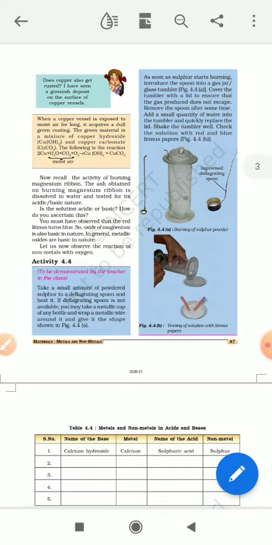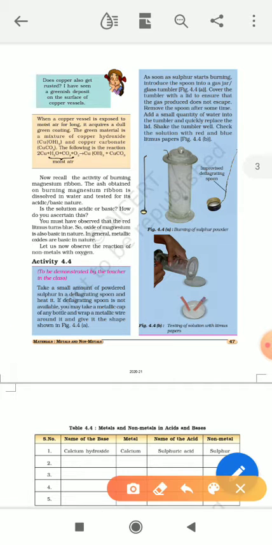Two activities which we discussed in our last video, I think that much is clear. Now I am going to continue with the same thing. As I've told you, when any metal reacts with oxygen, it produces metal oxides, and all metal oxides are mostly basic in nature. That is about metals. When metal reacts with oxygen and water, it provides metal oxide.